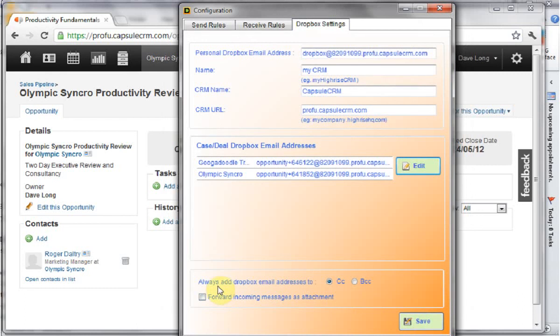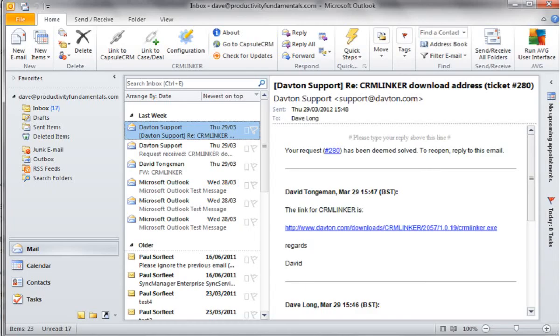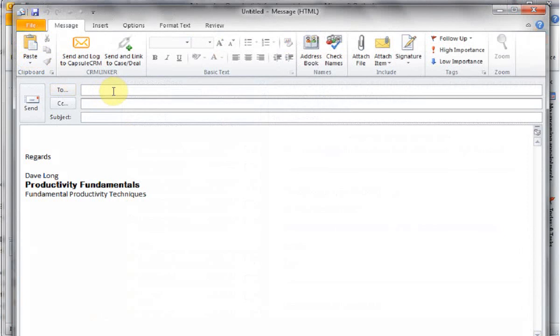When we send an email, the CRMLINKER can either send the Dropbox email address as a CC or a BCC. Normally you'll want to send it as a BCC. So I'm going to save all that information and close this, and then we'll show you how that works. So if I've got a new email, when I'm ready to send it,